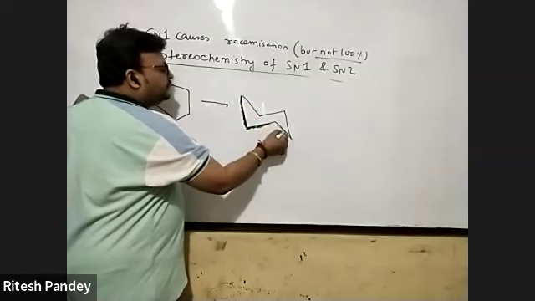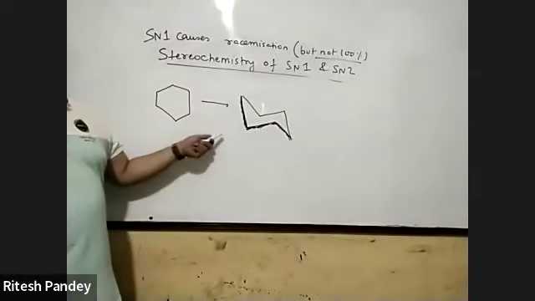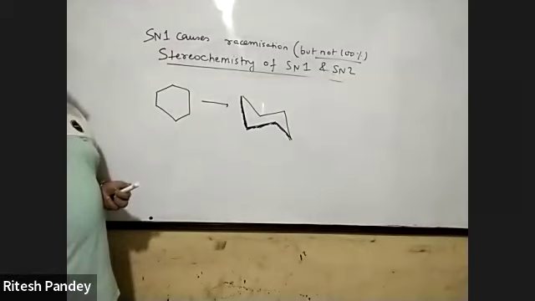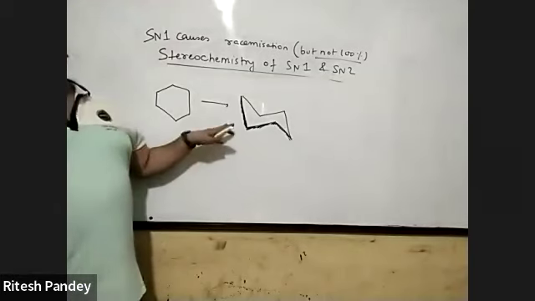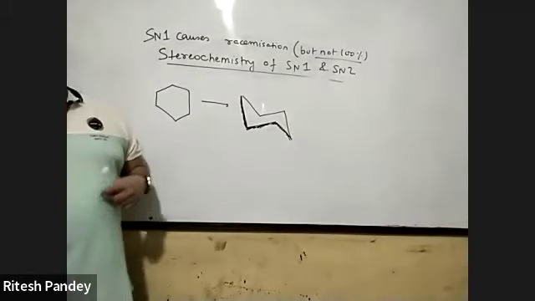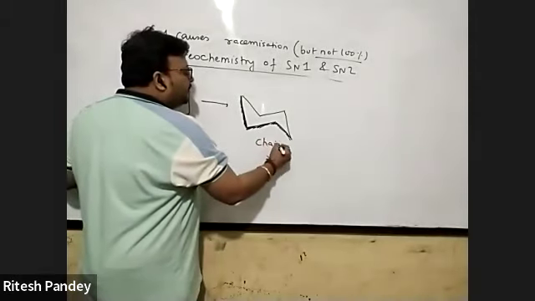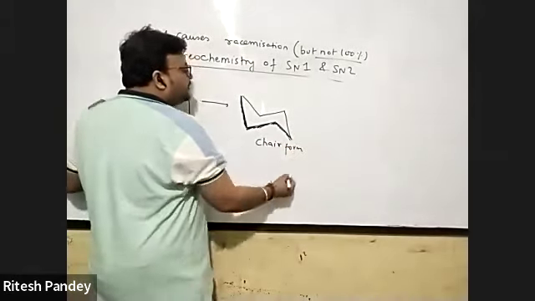Naturally, it's non-planar. This is the best I can do. And in the chair form, I don't know if I've told you about the chair form in the past or not. In the chair form, it's supposed to be the most stable because it's supposed to have